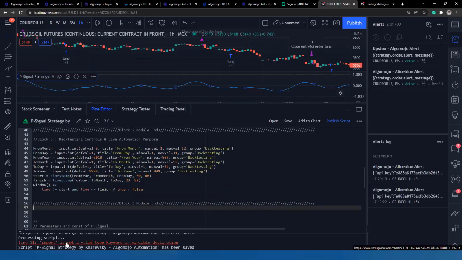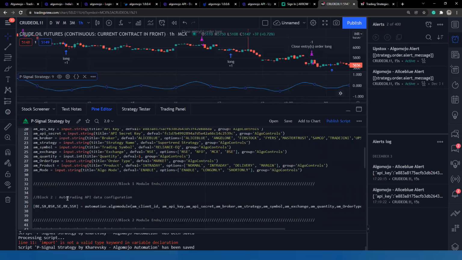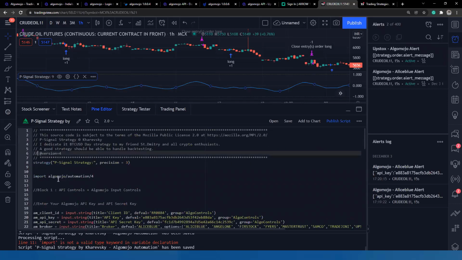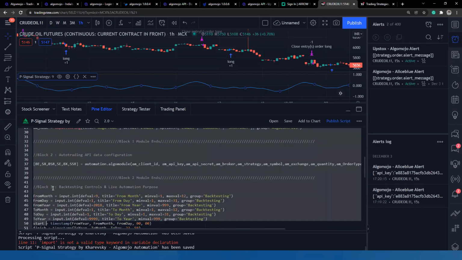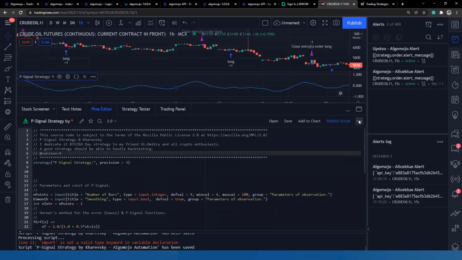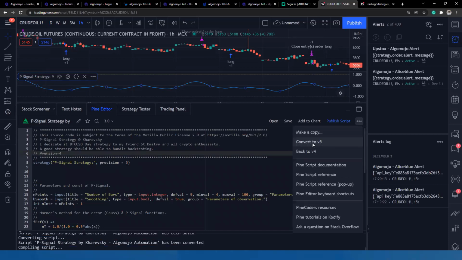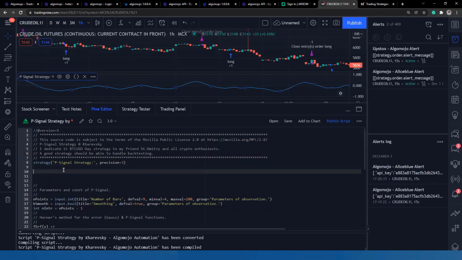And one more thing: import is not a valid type. What is the problem here is it belongs to version 4. So I'll cut the module first of all, and shift it from version 4 to version 5. There's a triple dot and then Convert to V5. It shifts the code from version 4 to version 5. Version 5 is the recent version. After that, you can go and paste all those modules. If you find that it's version 4, probably the code is not compatible.